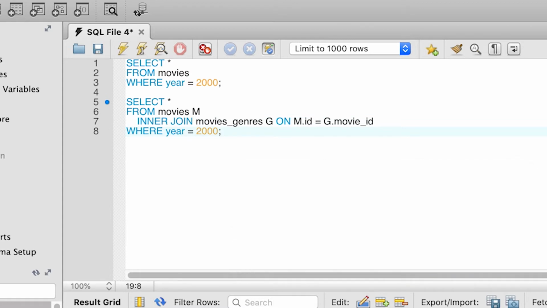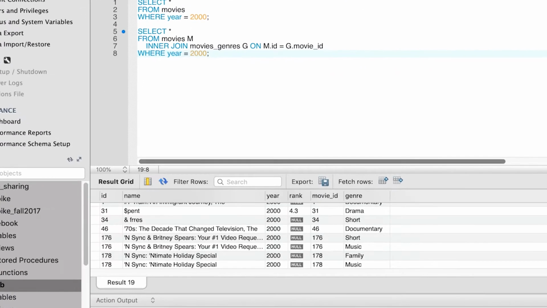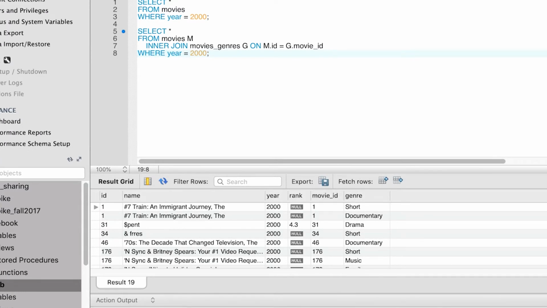So now we have combined the movies table with the movie genres table. We did an inner join, and we now get the movies from year 2000 and their genres. A good practice moving forward is, when we have joins and we have an alias for the movie, it's always good for all the attributes to have the name of their table as a prefix. For example, here we have the attribute year that comes from the movies table.